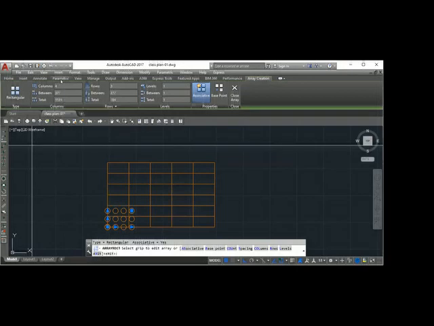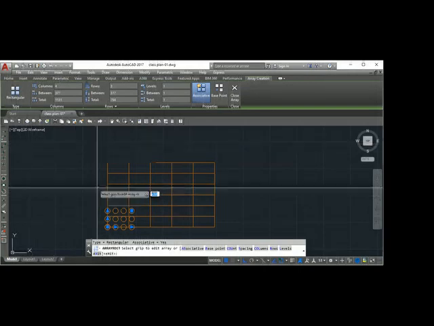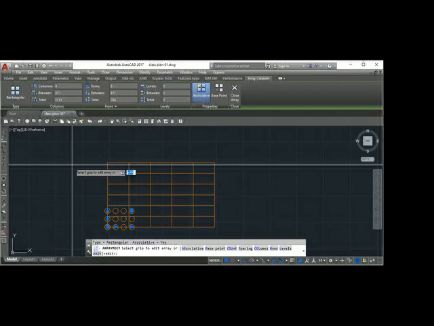Columns is vertical objects. Number of rows. Distance between columns. Distance between rows. So you have to give plus or minus depending upon where is your object. Whether the x is in the minus direction or positive direction. So you have to give that value. And press enter, you get the array command. Hope you got the idea.